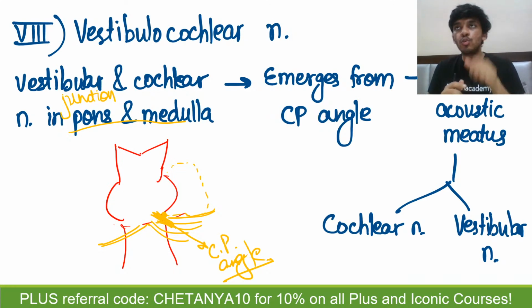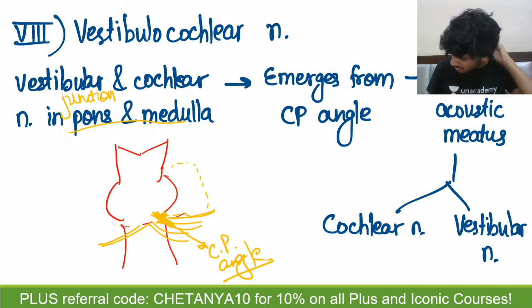The cerebellomedullary cistern is the place where sometimes you take the CSF if the lumbar puncture is not possible. So you pass the needle above the atlas, right? And it goes into the cerebellomedullary cistern. Okay, so then here the vestibulocochlear nerve emerges from here, and then here you have the internal acoustic meatus where it enters